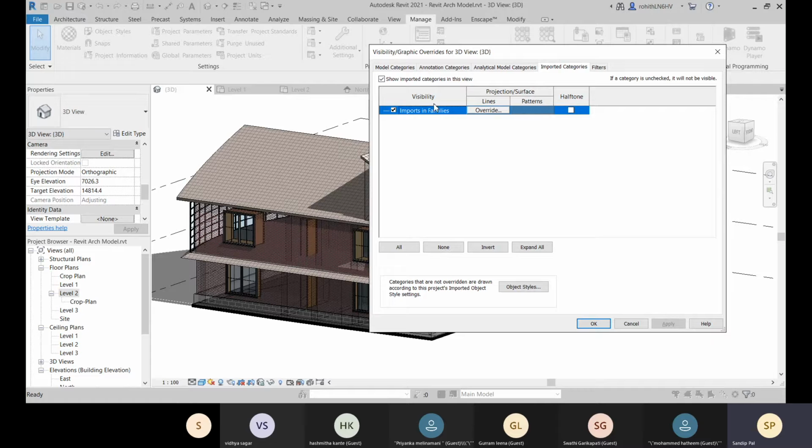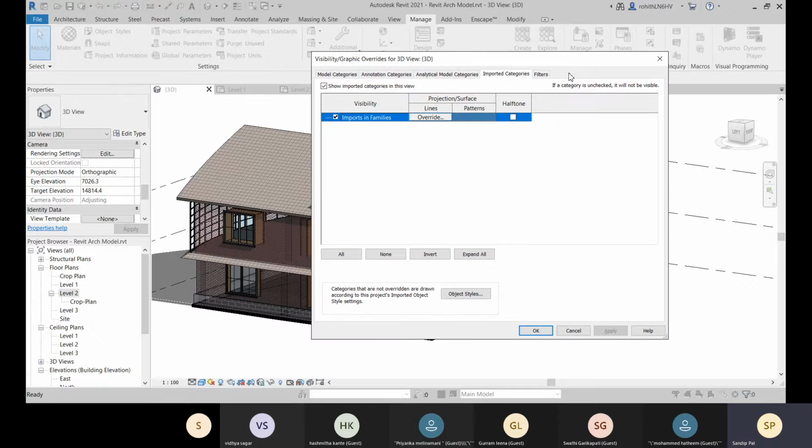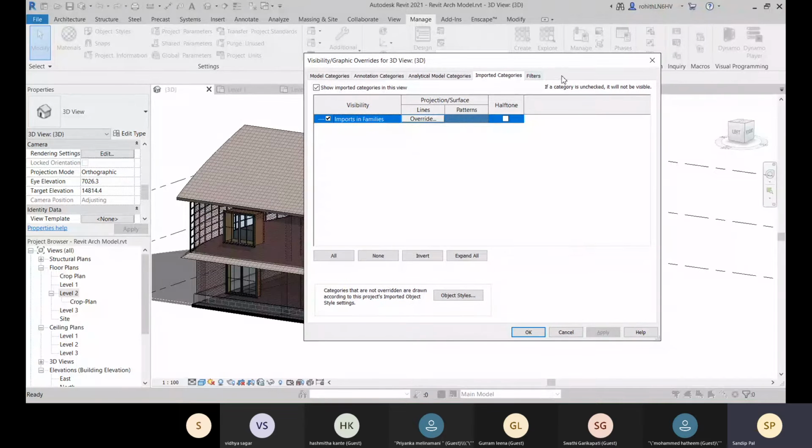Here we haven't imported anything like any CAD files or any Revit files. If you have imported, there will be some more options for visibility graphics like design options, and other options will be there. So when you apply, those tabs will appear in this visibility graphics.